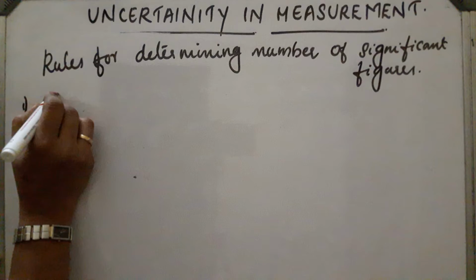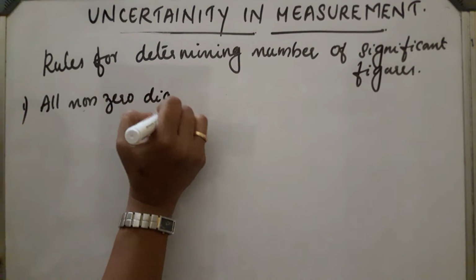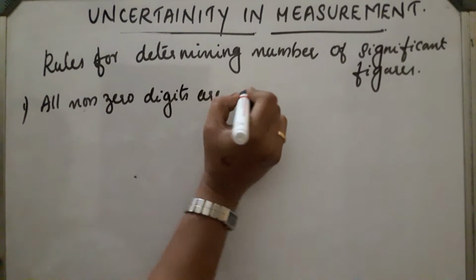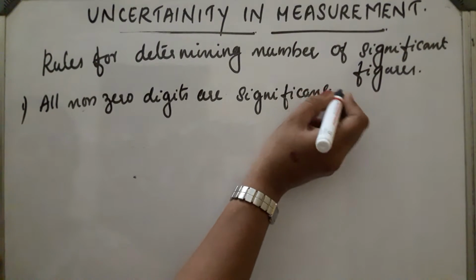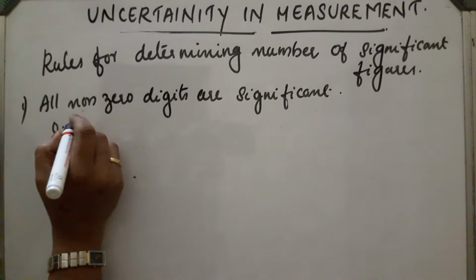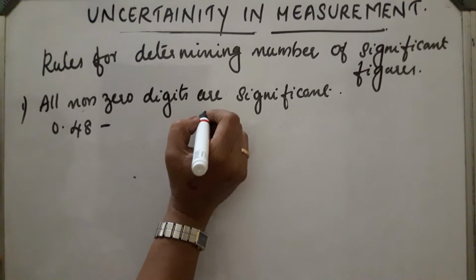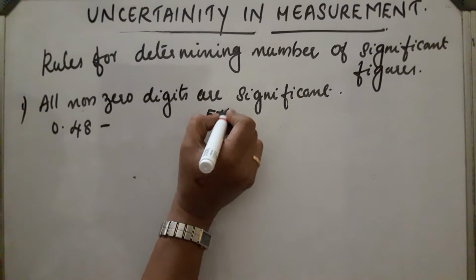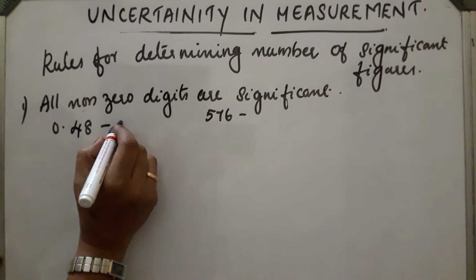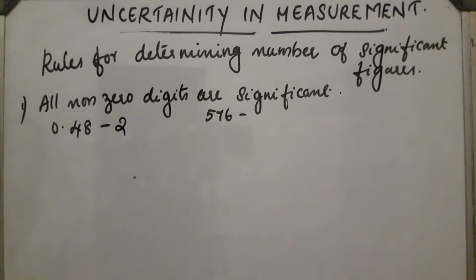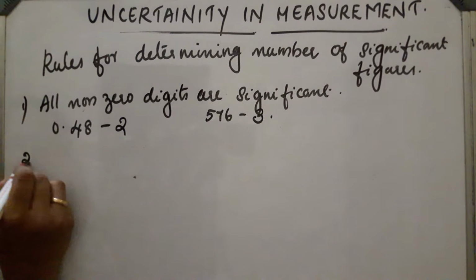All non-zero digits are significant. Example. Take one example, 0.576. Then how many significant figures? This contains three significant figures. All non-zero digits are significant. This is the first point. Second one,